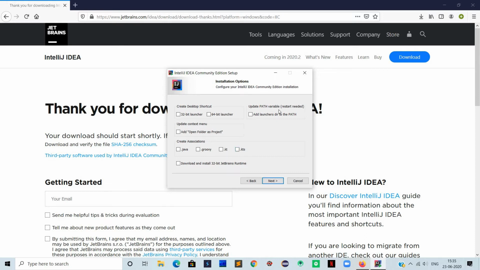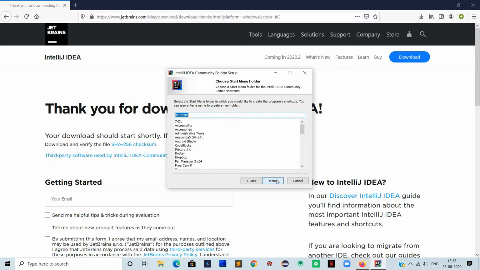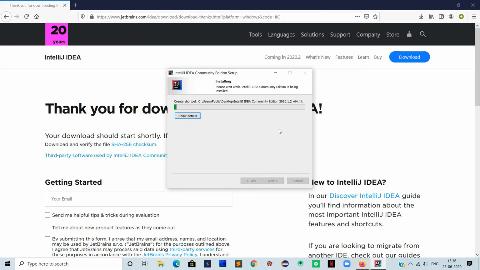If you want to update your path, then select this option. I'll be creating a 64-bit shortcut, and also an association for Kotlin files, and also I'll be updating my path. After selecting the options, click next, and now select install.